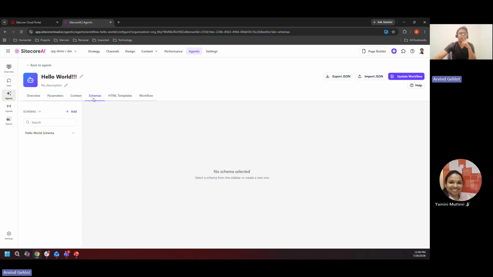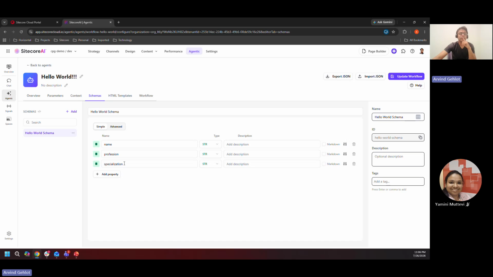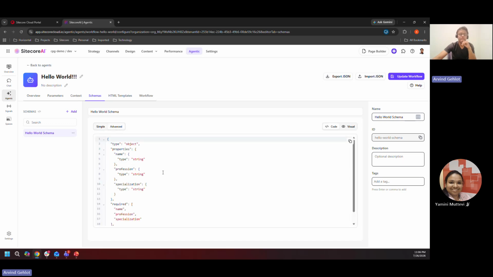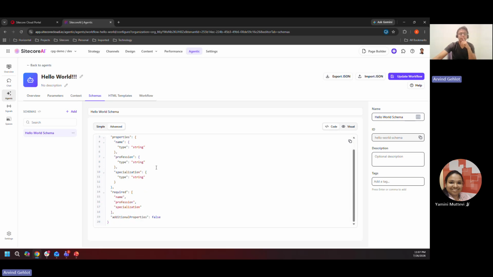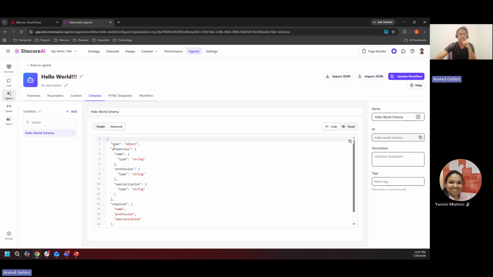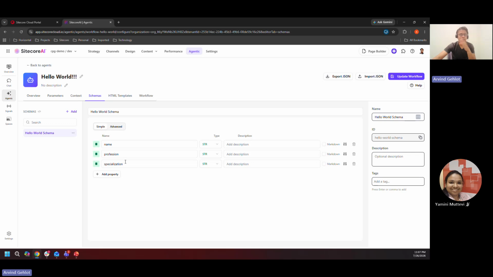The second most important section is schema, and I created a Hello World schema here. In the schema, earlier that view was also not available. From the beginning when I was starting on Agentic Studio, that was only available. So you just need to put a JSON here, and I created that JSON at that time. But later on, as Agentic Studio as a product is also evolving, now they have provided a simple configuration tool here